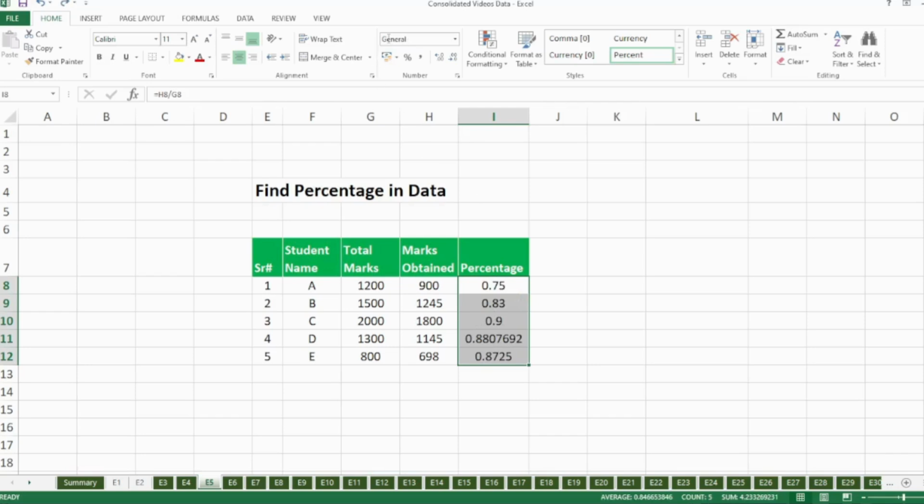Either you can change into percentages from this drop down list, or under the drop down list there is a percentage function. If I click this one, it will convert these decimals into percentages for me. So this is how you can quickly calculate the